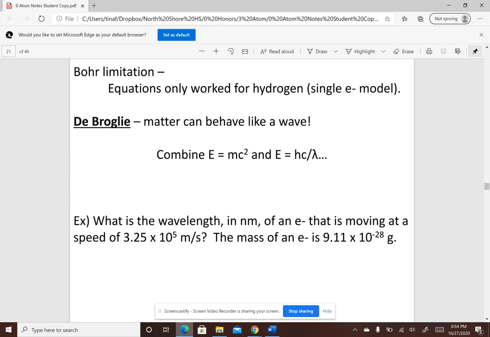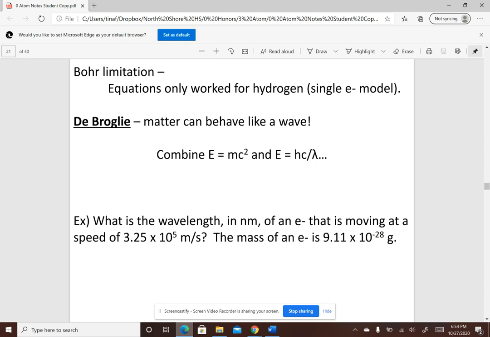So in our last video, we talked about Bohr's model of the atom, and Bohr imagined electrons rotating around the nucleus in these perfectly circular pathways, and the electron followed the same pathway every time it went around the nucleus, just like a planet around the sun. And he decided this by studying the light emitted when electrons entered the excited state and then fell back down to the ground state. So the predictions that he made for hydrogen when its electron got excited and then fell back down were correct. But the problem with Bohr's equations was that they only worked for hydrogen, which has one electron.